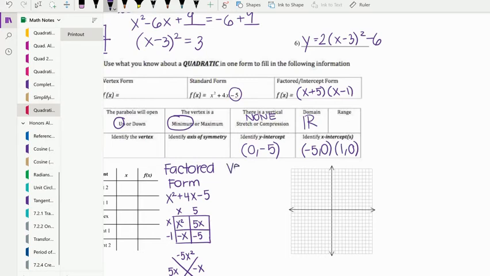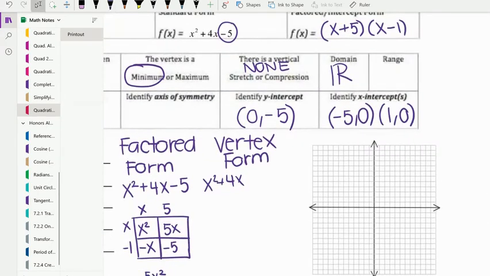Now, to put this in vertex form, just like we actually did on the last problem, you are going to complete the square. So we have x squared plus 4x, and then technically we want a new c value, and I'm going to move over that negative 5 to the other side, and it becomes positive. So that will be our first step. A was already 1, so we didn't have to worry about that. So x squared goes in the first box. You take your middle term, you divide it in half, and then we place the outside numbers, and then you get your completed square